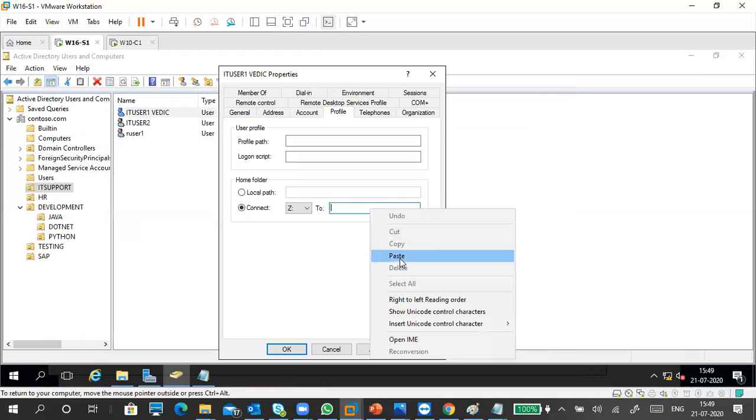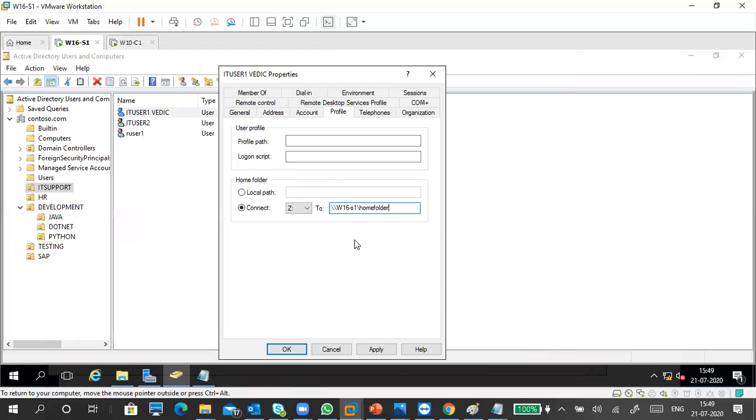Also verify that the user is connected to anything or not. Like this, I put a Z drive. Already Z drive is there, so I leave it like that. I didn't change anything. The network path is copied, right? Now what I'm going to do is put another slash. I use a name called IT docs. So whenever he logs in, he gets the IT docs folder inside the home folder. Apply.